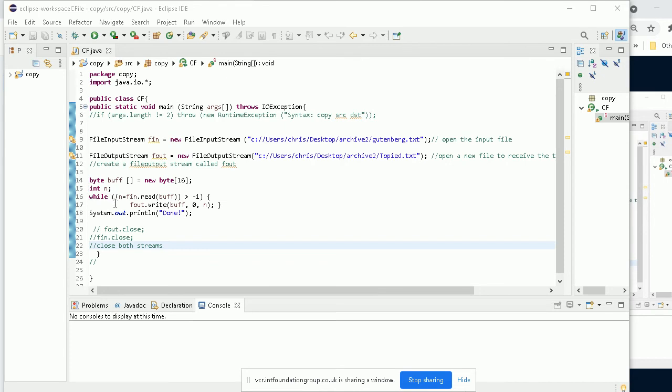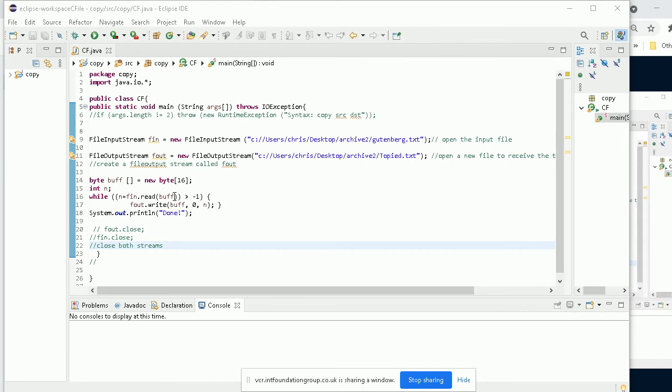So have a look at this. While the data I read using fin, so I'm using a method called read found in input stream, whilst it's not equal to -1, I'm going to write the same data out.